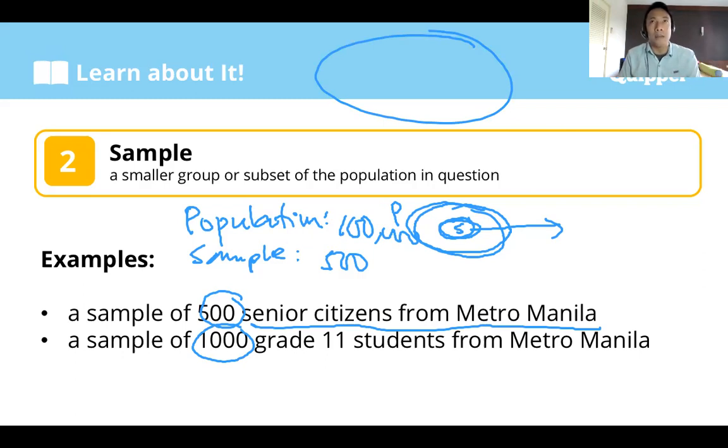For example, ilan ba ang grade 10 students sa Bethany? Maybe they are, ano, ilang sections? Dalawa lang, di ba? So maybe 60, sabi mo 60 or 50. Okay, so 50. Instead of 50, kailangan mo lang is 25 students. So 25 lang ang gagamitin mo, not all the 50. Okay, so this is the population, this is the sample. You got it? Okay, third word we have here,